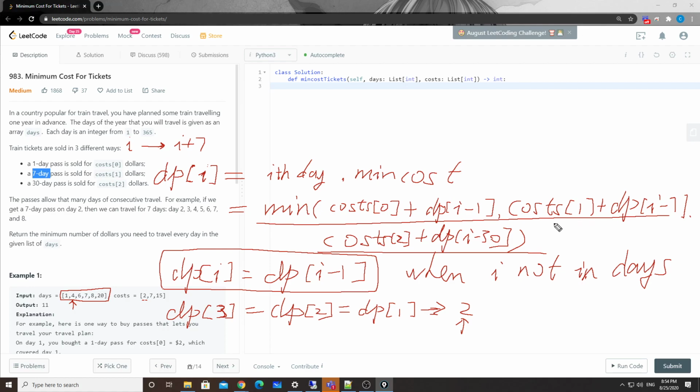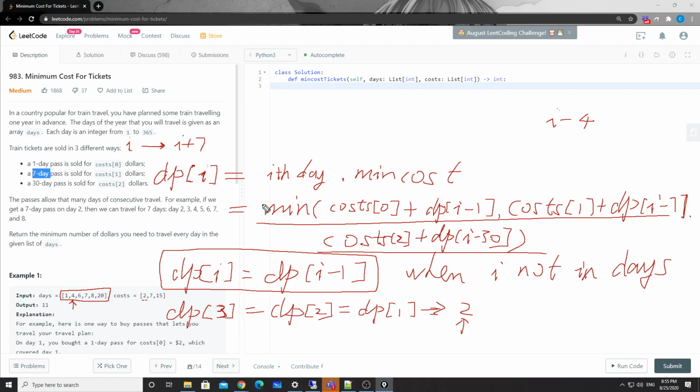Why do I have to buy the tickets at exactly I minus 7 days? Why can't I buy the tickets, let's say, at I minus 3? If we buy the tickets at I minus 3 days, it can also cover the DPI stay, right? True, but